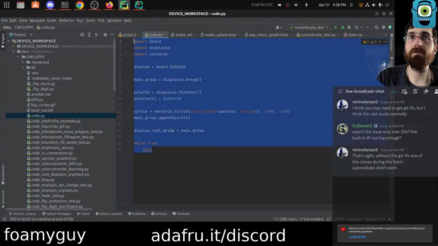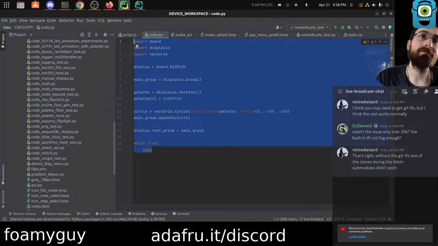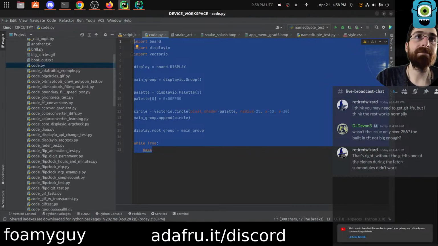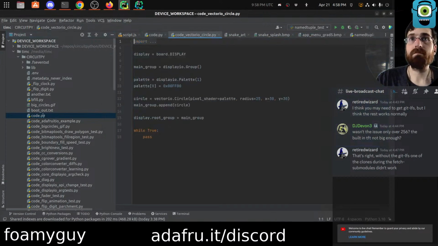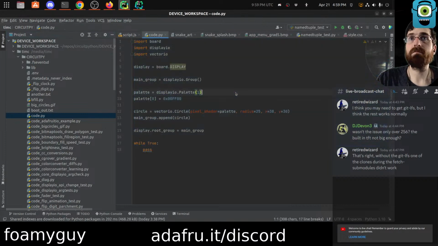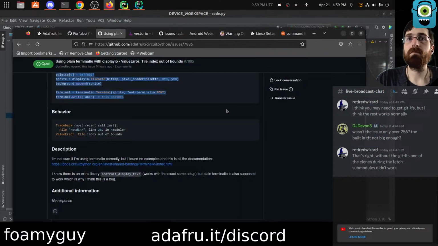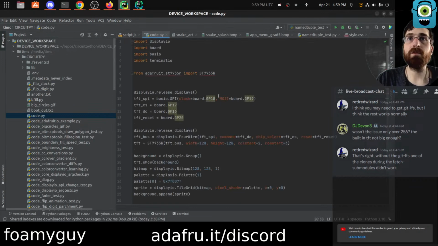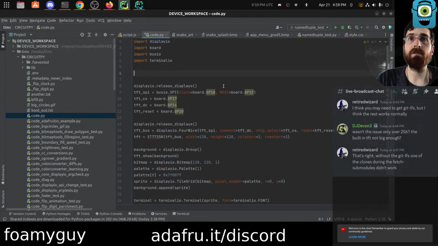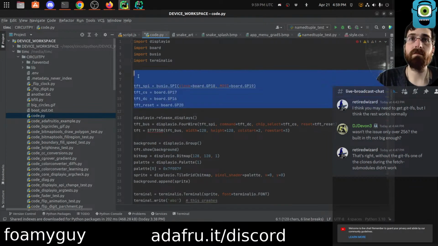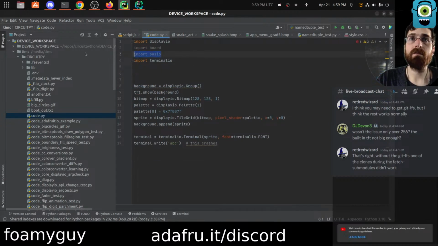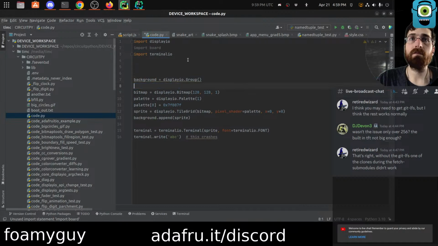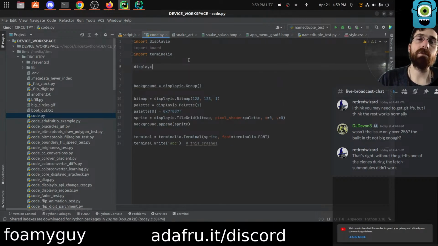Vector IO circle, we want to keep that, I guess. Take this code, put it here. Get rid of all of our display stuff. Just go display